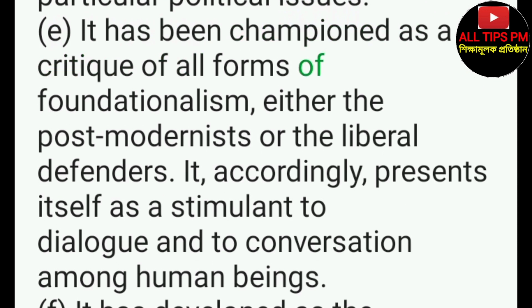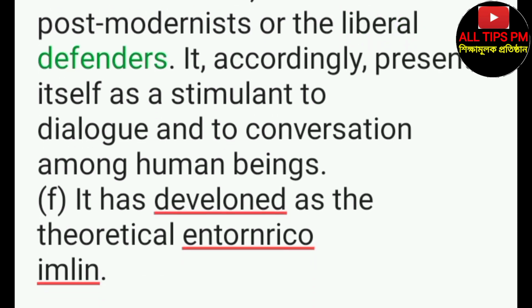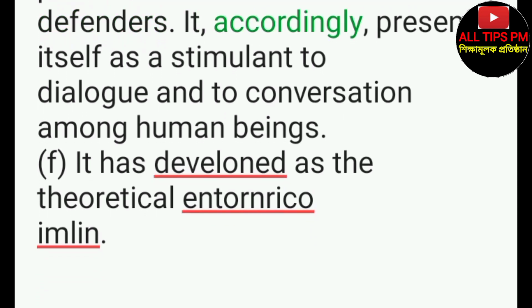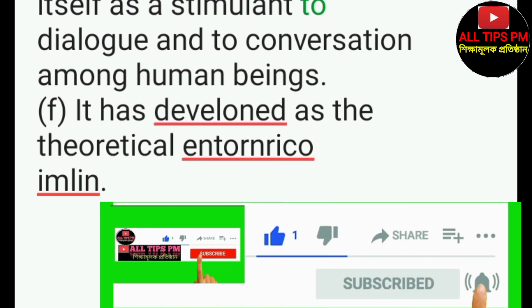E. It has been championed as a critique of all forms of foundationalism, either the postmodernists or the liberal defenders. It, accordingly, presents itself as a stimulant to dialogue and to conversation among human beings. F. It has developed as the theoretical